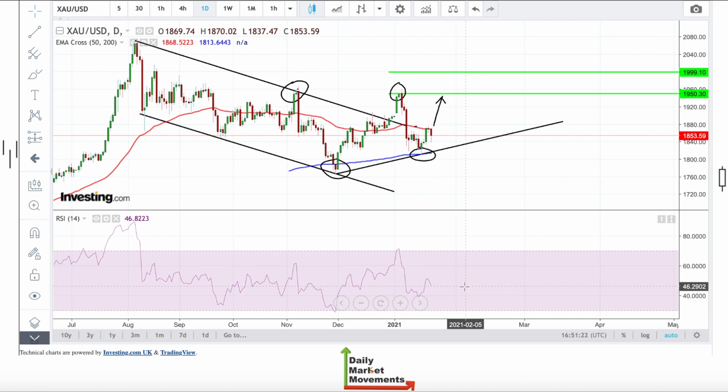Also, I just want to note that the RSI is looking very healthy as well. We're currently at 46, so we're nowhere near considered to be overbought, which gives us plenty of territory to move towards the upside, which could easily get us back towards that 2000 level. So for that reason, I'm a bull, no interest in